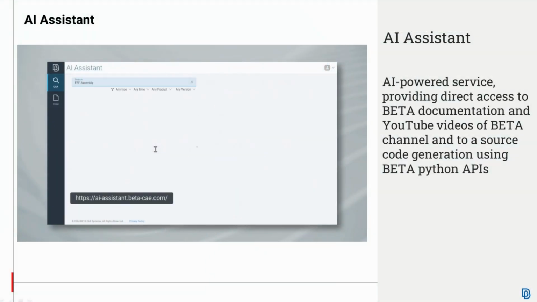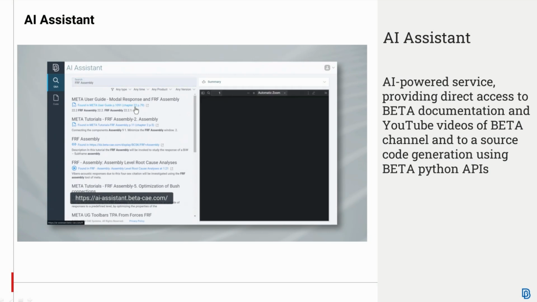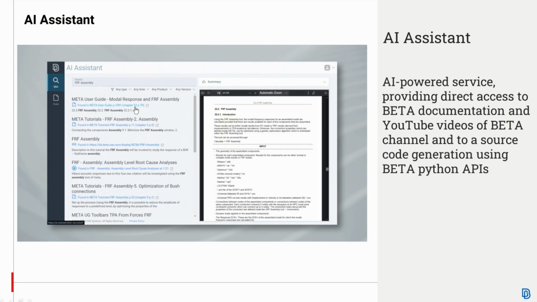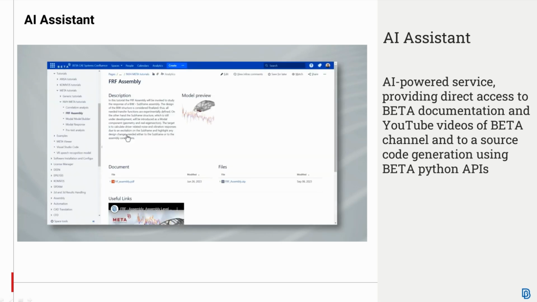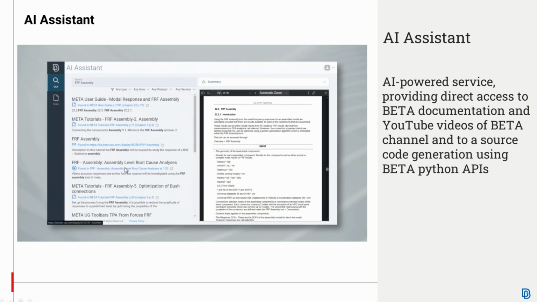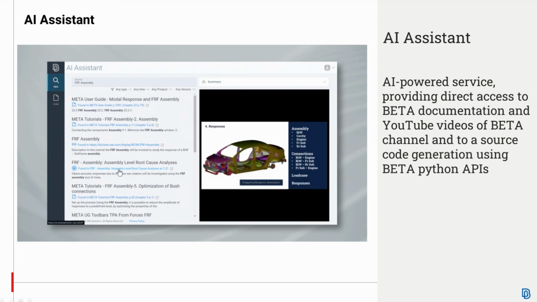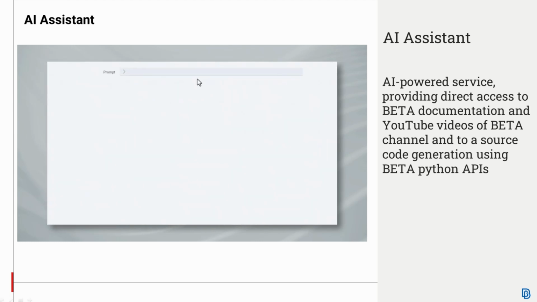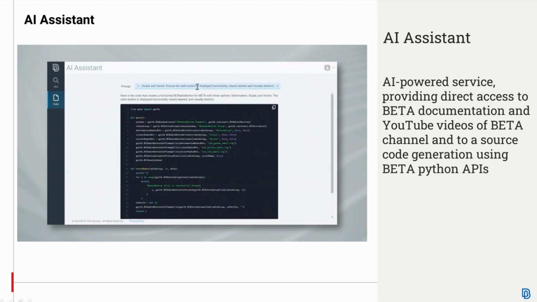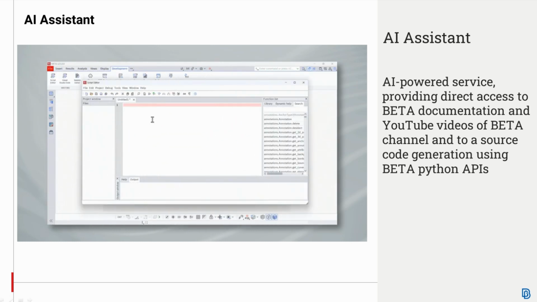The AI Assistant is an advanced service that seamlessly integrates direct access to comprehensive documentation and instructional videos, while also providing an automated code generation via the Python API. This feature redefines the user experience, revolutionizing how the software is utilized and significantly enhances productivity and efficiency.